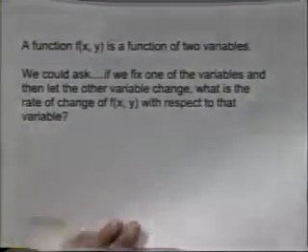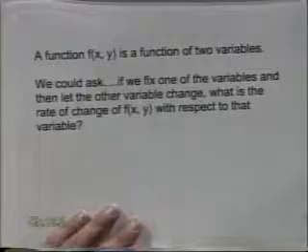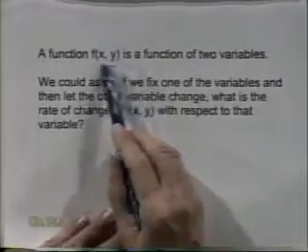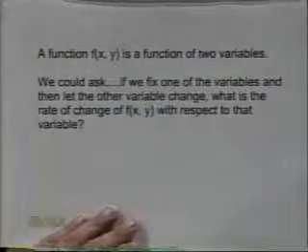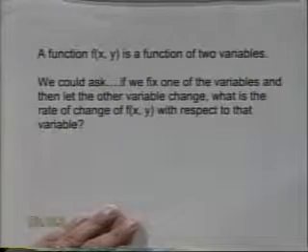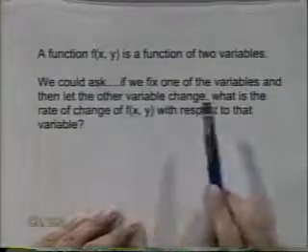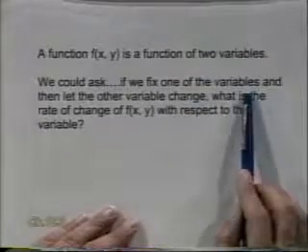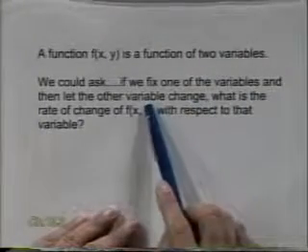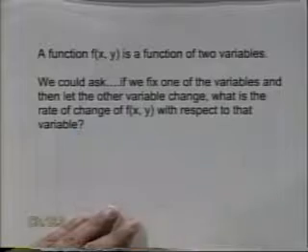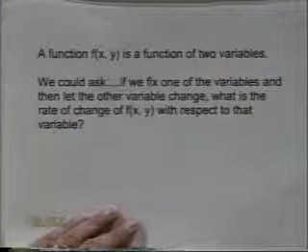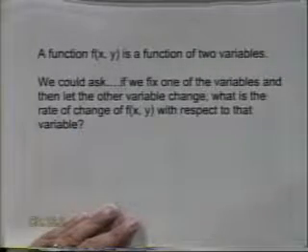Well, the whole idea here is you have a function, and right now we're only going to be dealing with a function of two variables. Towards the end of the section, we'll realize that it really doesn't matter if you've got 2, 3, 4, 5, 6 variables, 100 variables. We could ask, if you fix one of the variables, and then you let the other variable change, what is the rate of change of f of x, y